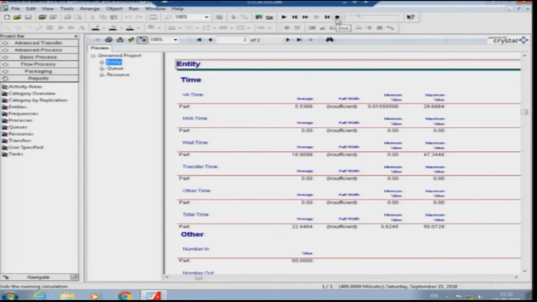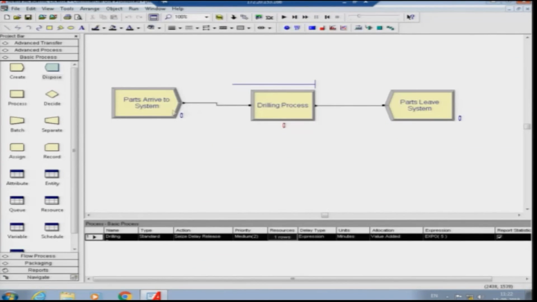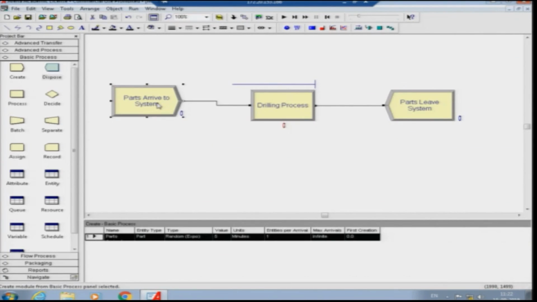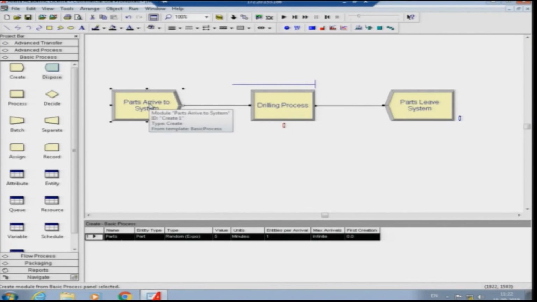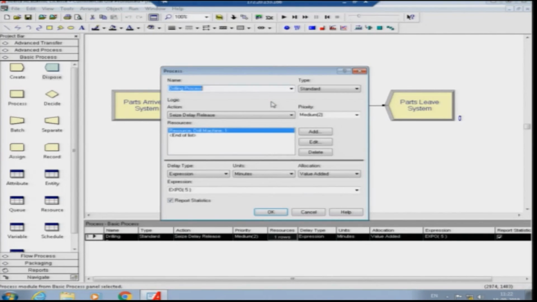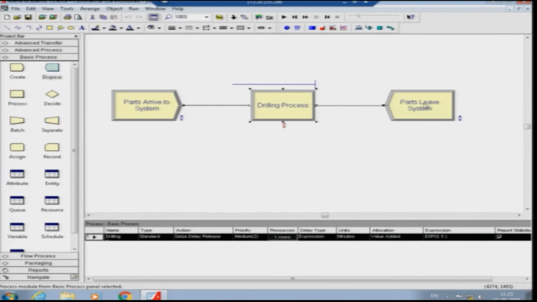So, when both the arrival and the service times were constants, the arrival into the system and the drilling process were constant, then we were talking about a no variability system. Then we introduced partial variability by making the arrival an exponential process and the drilling remaining a constant, and we showed the effect of partial variability. Then we converted this also into an exponential distribution, where we demonstrated the effect of complete variability in the system.